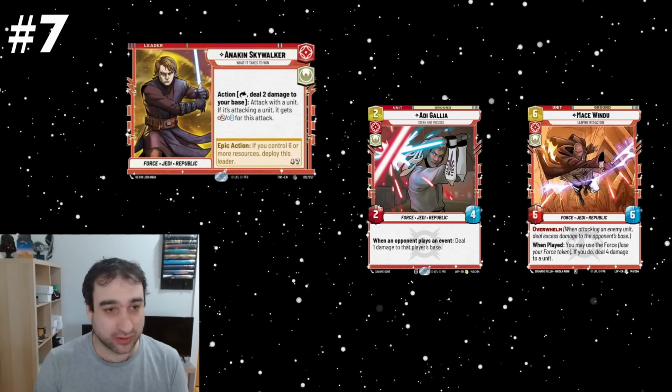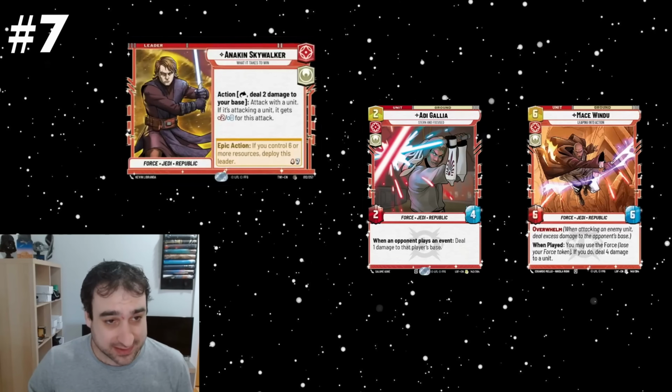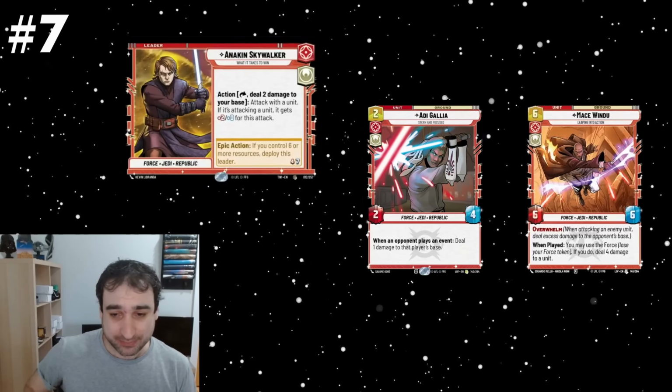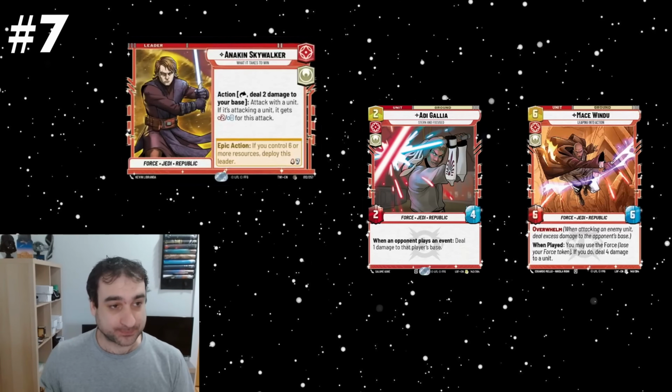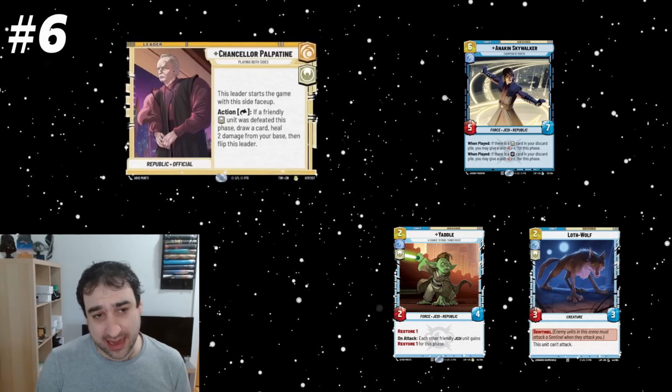Like Force Throw, of course, was a card that was played in most Anakin decks, and you can include a few more payoffs now that you have so many more Force units to include in a deck like this. So that's why I've added Anakin. Again, it's not so much card specific, it's more just how his ability interacts with the early game that is kind of developing. All right, number 6, Chancellor Palpatine, and the big one here that he benefits from